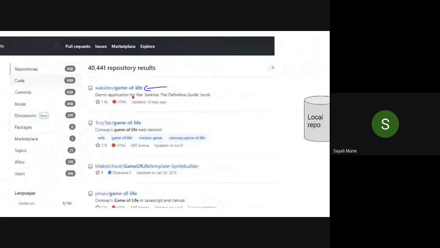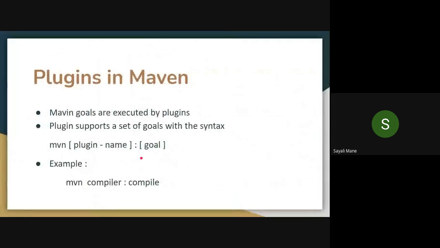Let's take an example. See here, compile is your command, correct? We know that compile is a phase which is there in Maven.